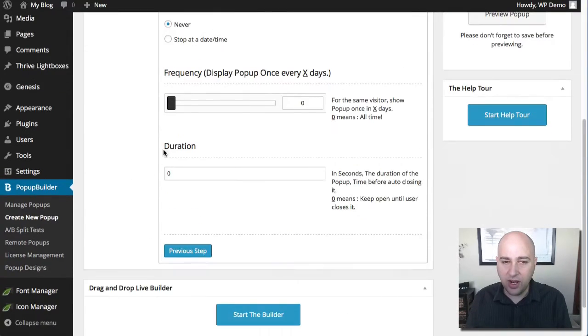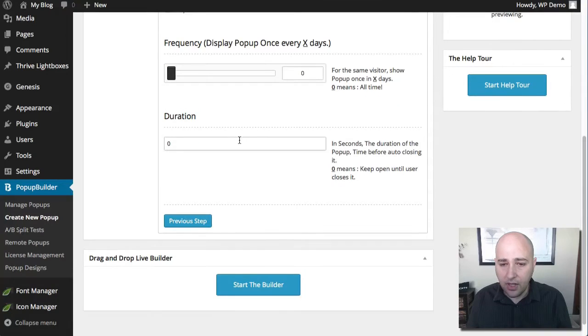And you can right here choose the frequency of how often it will pop up so you don't annoy your users. So you can change this from 0 to 7. So 7 would be every 7 days they would see this pop-up if they return back to your website. So someone comes and closes it, they won't see it again for another 7 days. So I would probably set this, depending on the website you have, I would set it to 1. And that's how I'm setting it.